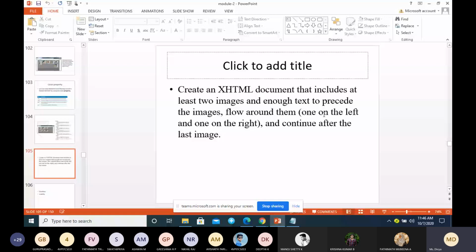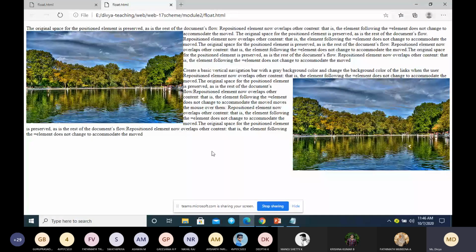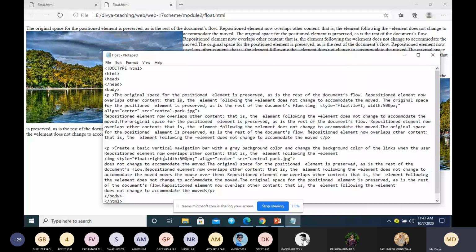There should be enough text to precede the image and continue after the last image. So you have to give a few more paragraphs. You need not write the entire paragraph. You can use dot dot. Whenever you are writing in the exam, you just write one or two words and put the dots. And you have to write two images, one with float left, another with float right. This is how you have to write in the exam.